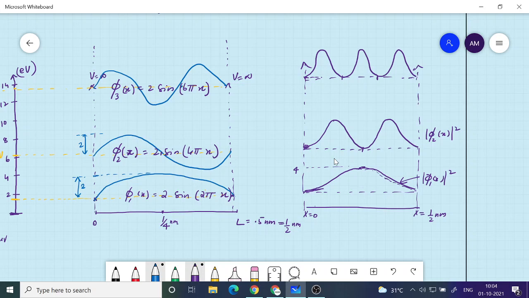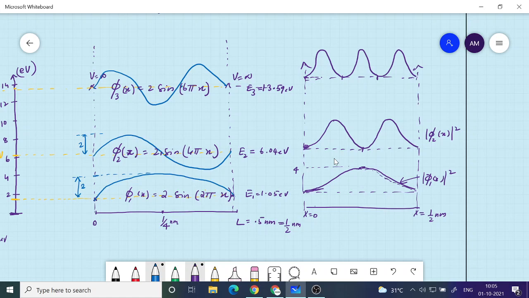What we say is that if the electron is having energy equal to E1, that is, this is our E1, 1.05 electron volt, and this is E2, which is 6.04 electron volt, and this is E3, 13.59 electron volt. So if the electron is having this energy, then where is the electron? If you ask, you can only talk about the probability density.